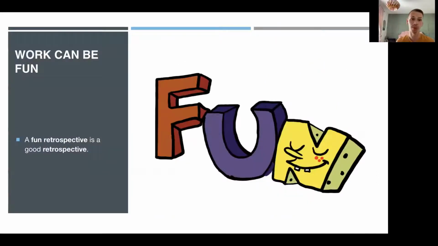In my personal experience, and again, another one of my key philosophies is a fun retrospective is a good retrospective. It's a good way to inject a bit of my personality. You're probably seeing some of this come out through some of the references and images. I'm a big fan of cartoons and animation, and I spend a lot of time drawing and creating my retrospective templates, sat in front of the TV with the kids and getting them to support me and help me. So I find if I'm having fun and I'm putting effort into how I want my workshop to run, I normally try and